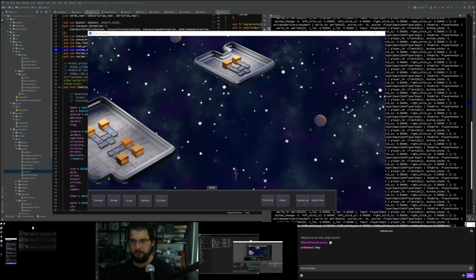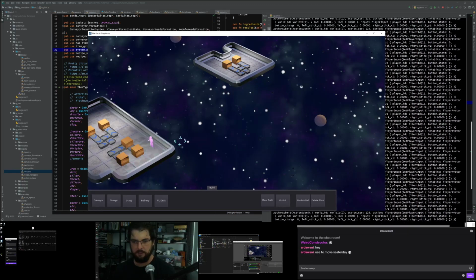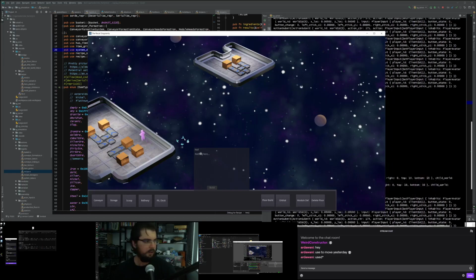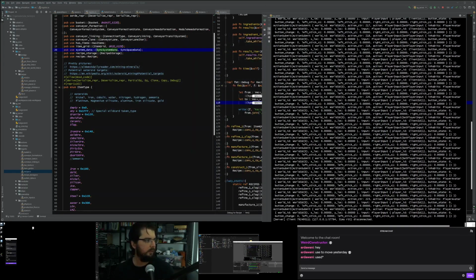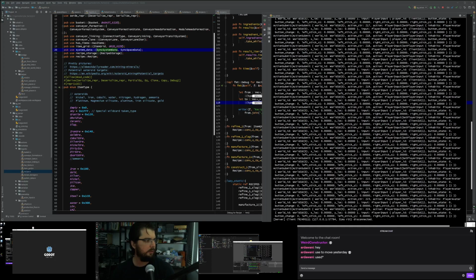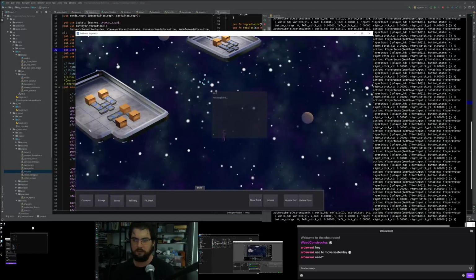Now I'm just trying to figure out why that ship's not moving, which is really weird because last time we did this it was moving totally fine. Let's just quit the client and try again, because maybe something funny is going on with the client not connecting properly. I could have tried building floors and stuff to check that. Here we are, now it's moving.